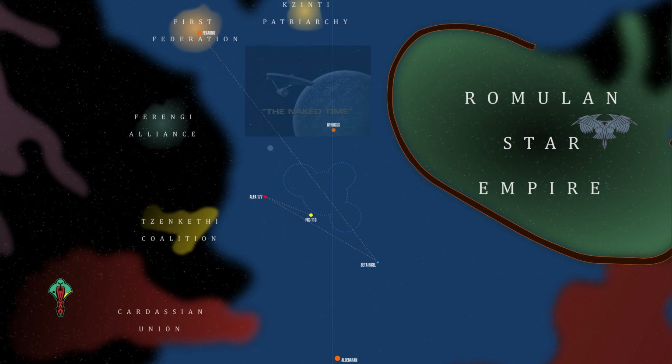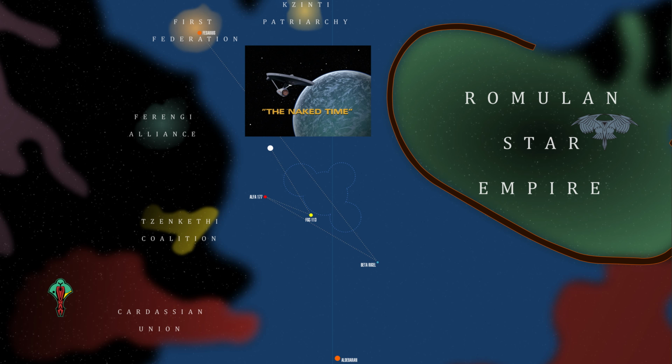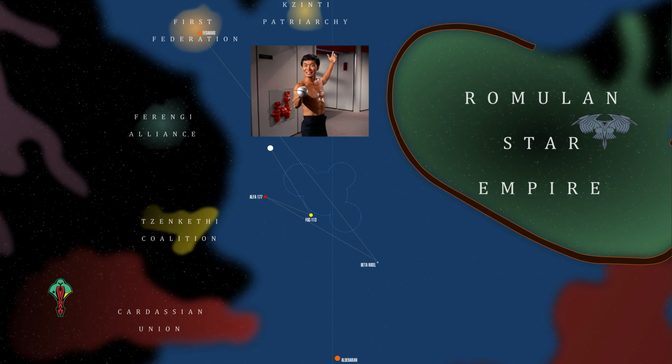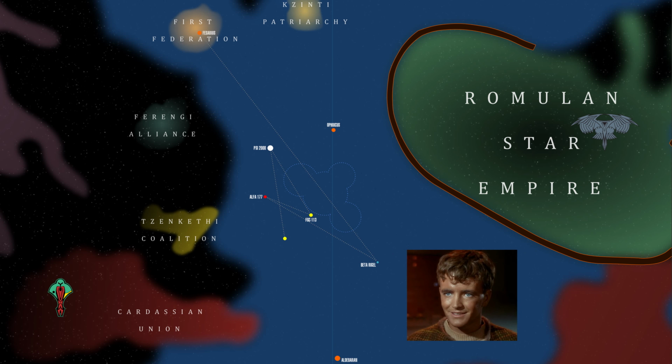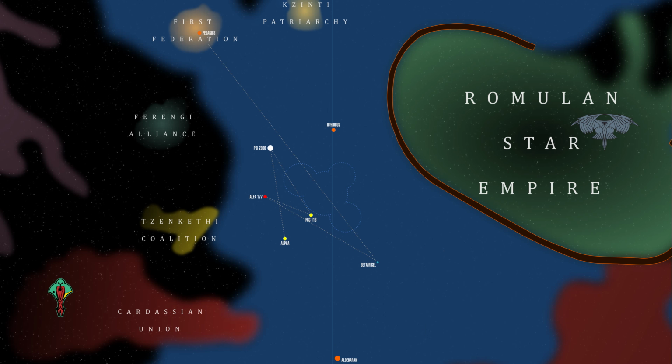spot. In Episode 6, The Naked Time, the Enterprise crew is intoxicated by polywater from the disintegrating planet Psi 2000, also located in the Alpha Quadrant. Episode 7, Charlie X, sees the crew transport the youngster Charles Evans, enhanced with psionic powers by the Thasians, to Colony Alpha 5. Stellar cartography places the Alpha system in the same general region of the Alpha Quadrant we've been